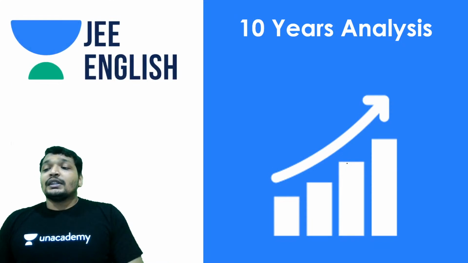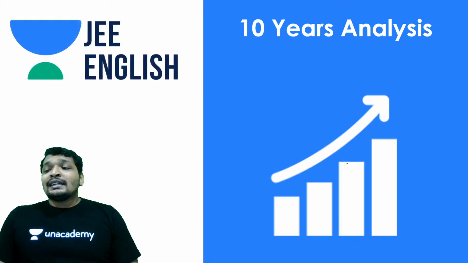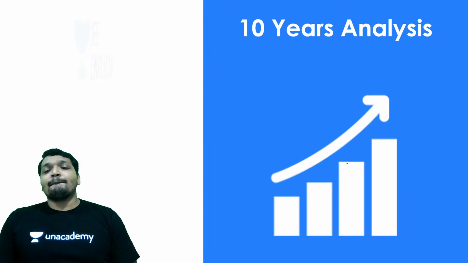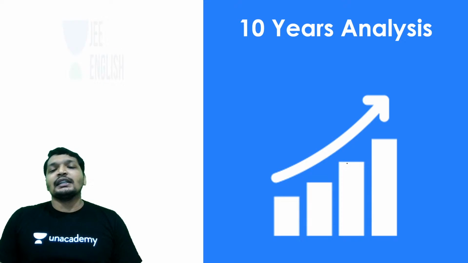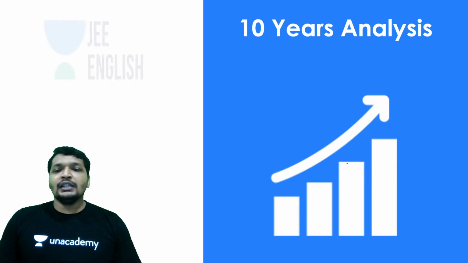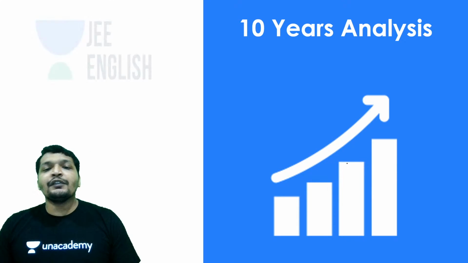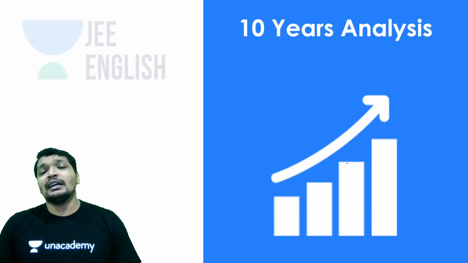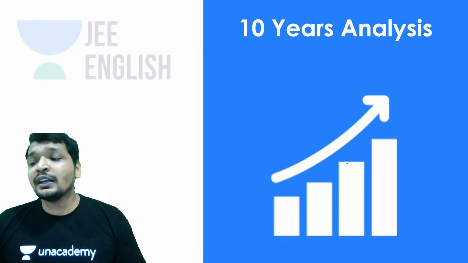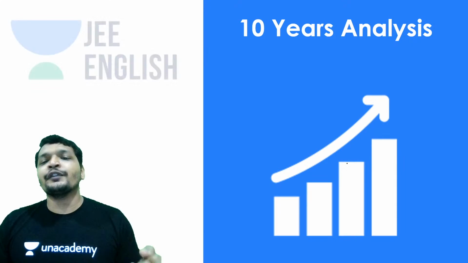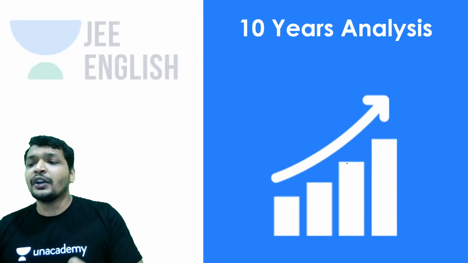So now let's do a thing. Let's analyze the 10-year data. This is like 2 years data up until now, 2019, 2020. But a lot of papers happen. If you're going to analyze 10 years data, it is going to show you the trend. It will tell you which are the most frequently asked topics, which is the topic that you cannot omit, which